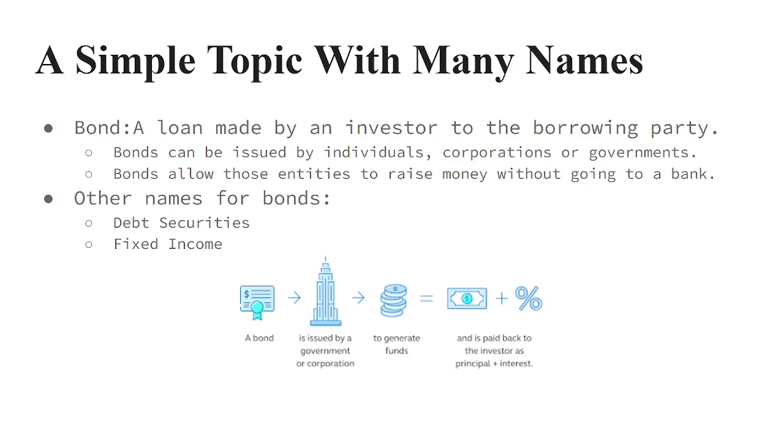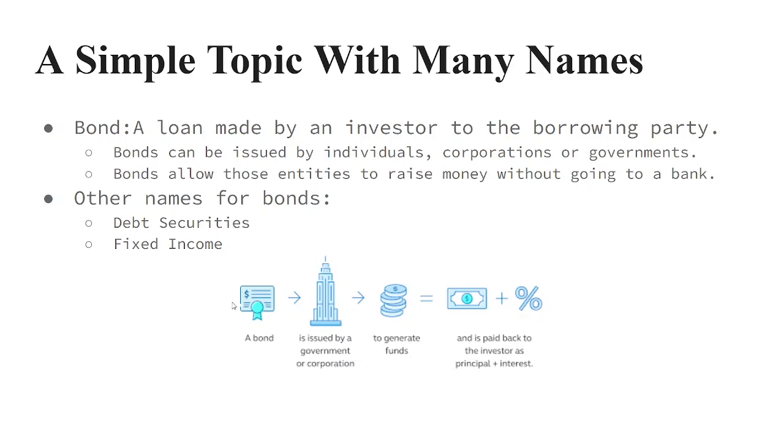Bonds, also known as debt securities, were first issued in 2400 BC, and they allowed individuals, corporations, or governments to borrow money and make payments with a predetermined set of parameters. Bonds are important because they allow entities to raise money without having to go to a bank for a loan. Companies issue bonds to pay for expensive property, plant, or equipment in the same fashion that governments issue bonds to pay for infrastructure or even wars.